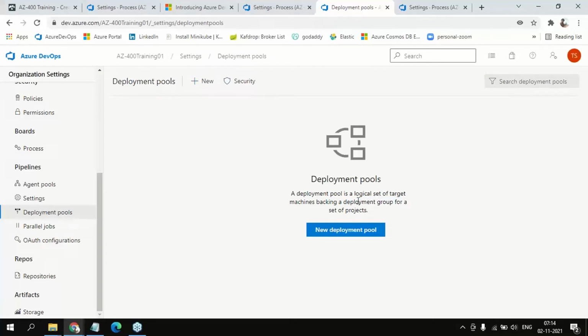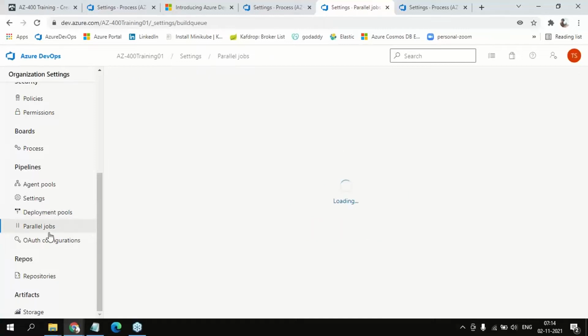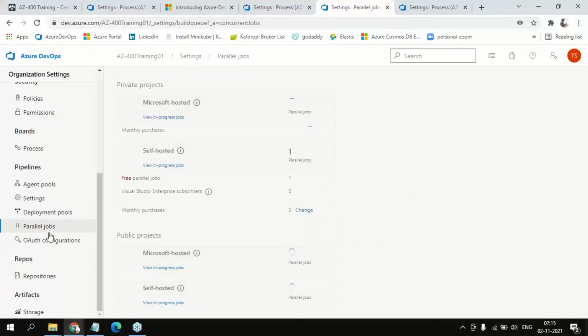Yeah, a logical set of target machines backing a deployment group for a set of projects. Maybe it is designated and assigned to particular parallel jobs. For example, when you are running the build, there are many jobs you have to run sequentially, and running the jobs sequentially will take more time. But sometimes we can run some of the tasks in parallel. For example, I need to do code scanning with Sonar, and maybe Checkmarx or another scan also. At that time I don't have any dependency between the two jobs, so I can run them